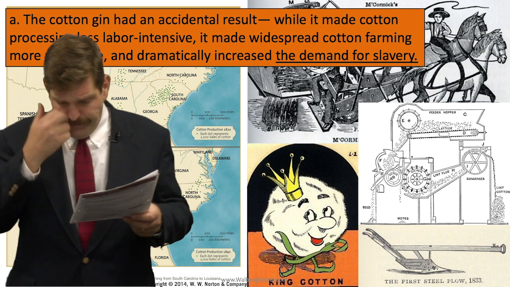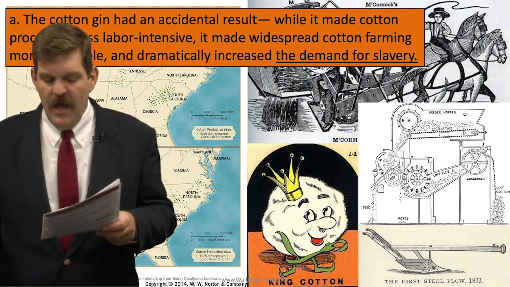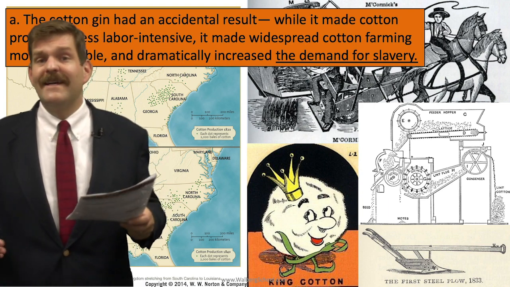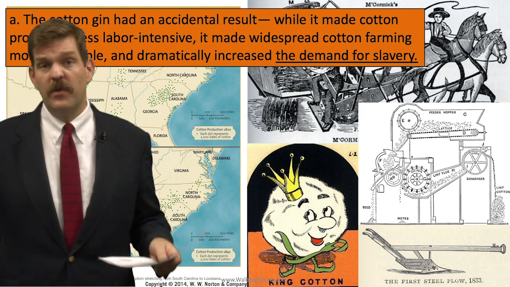Little number 3. By 1920, the United States was producing 170 million pounds of cotton. It was the nation's most important export. We often refer to it as the cotton kingdom of the South because King Cotton was such an important export. It was exporting to the rest of the world.